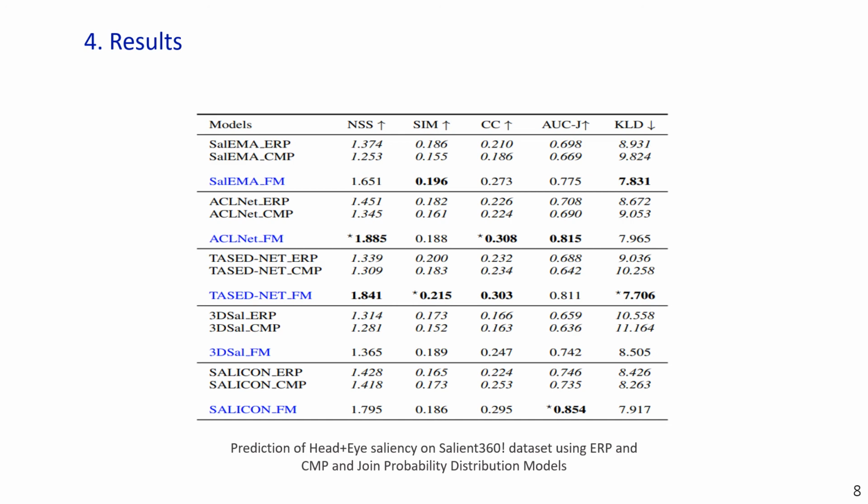This table shows a comparative study of the selected models according to the 3 options: ERP, CMP, and framework, using 5 common saliency metrics. In the first option, we compare the output of the ERP stream with the ground truth. In the second option, we compare the output of CMP with the ground truth. And in the third option, we compare the output of the whole framework with the ground truth. It is clear that the proposed framework for 2D saliency models gives the best result compared to the direct prediction on equirectangular and cubemap features.